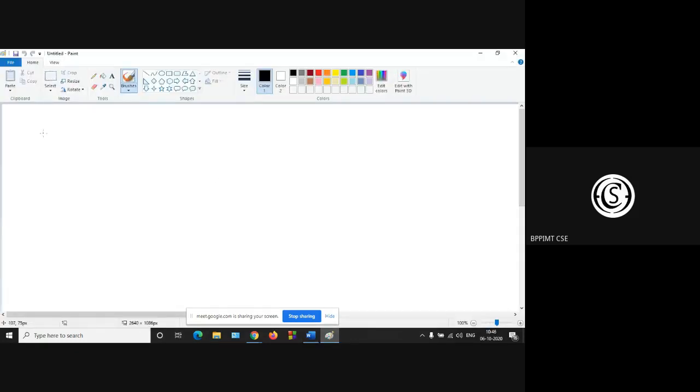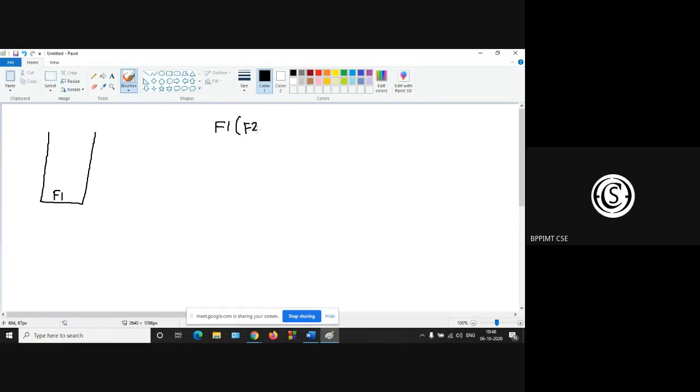Let this be the stack, and let there be one function f1. This f1 contains the f2 function.